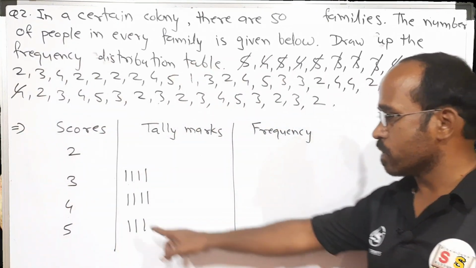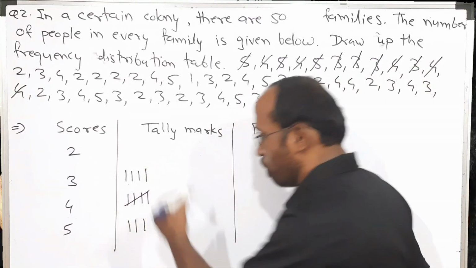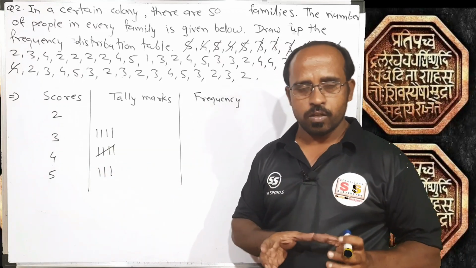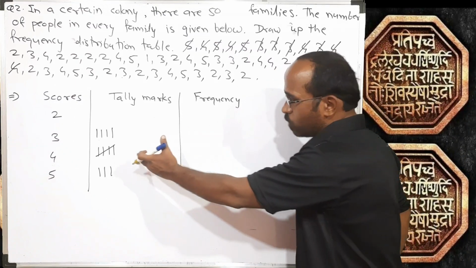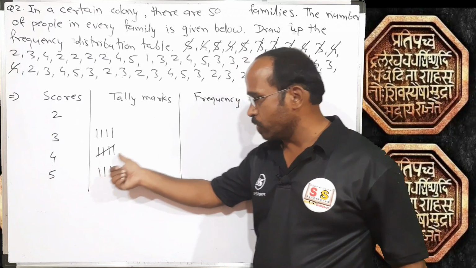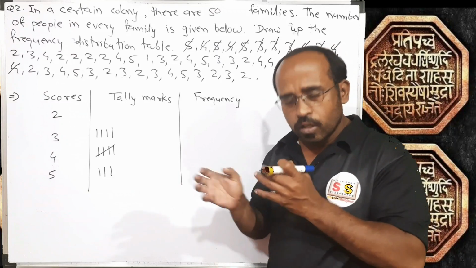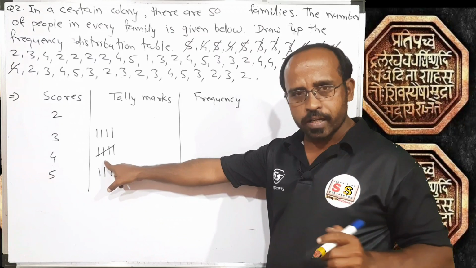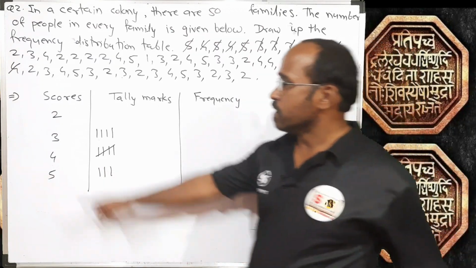Now whenever we have to draw the fifth line, draw a crossed line. Why? So it shows that it is a bunch of five. At the end you need to calculate the total number of scores in the fourth column. You can easily say this is a group of 5, next will be a group of 5, next will be a group of 5, and after that if 1, 2, 3 lines are there, the addition is easier. For that purpose we make the group of 5 by drawing the fifth line as a slanted line. Clear?